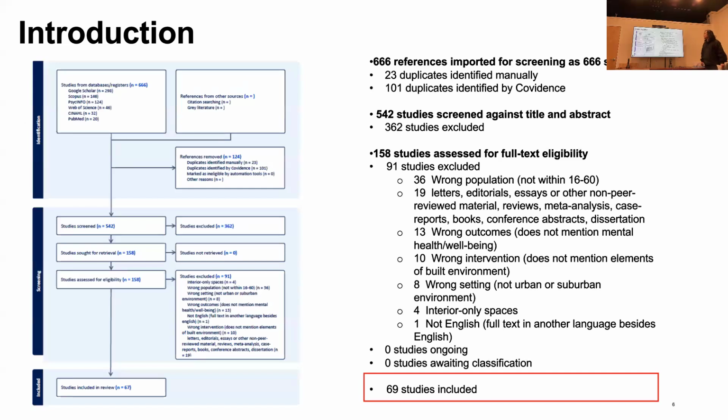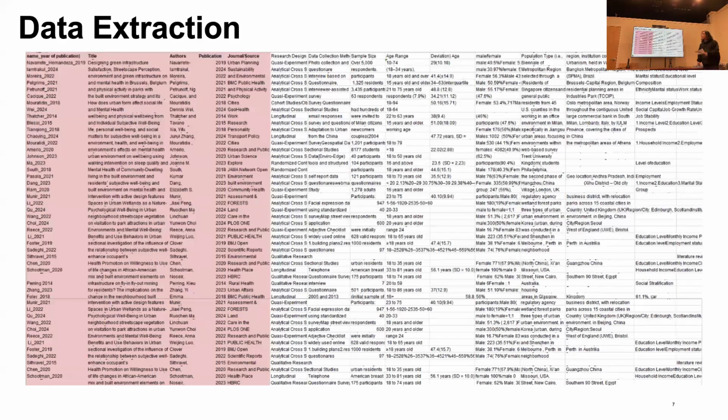Last semester, we did the work of filtering and screening a lot of papers. This semester we mainly focus on the 69 studies we filtered, for data extraction. This is the data extraction template for this semester. We divided the work among our members. I am responsible for papers 1 to 35, and the others are responsible for the rest of the data extraction.